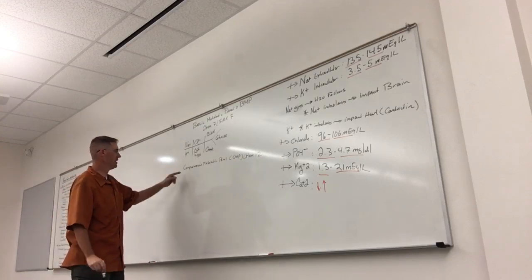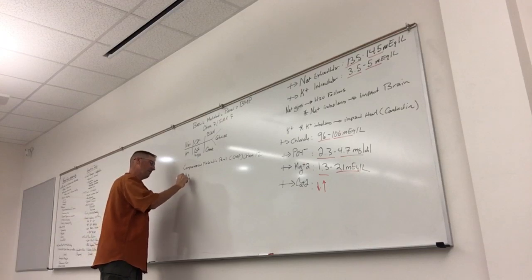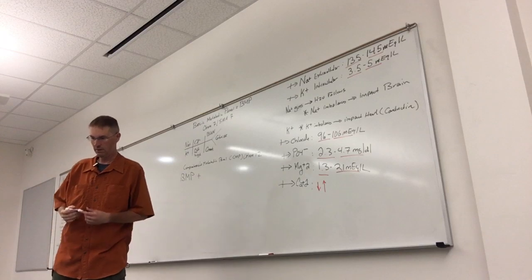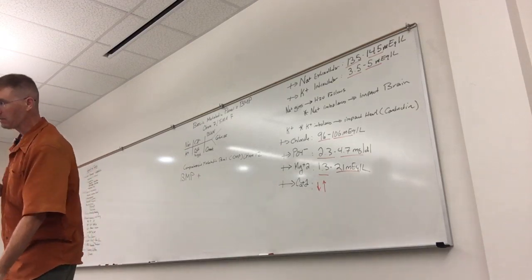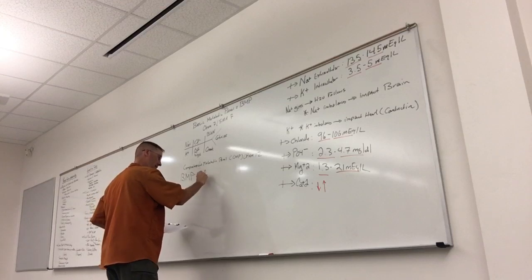So a CMP looks at the 7 things within a basic metabolic panel, so a BMP plus a few other things. And those things are the calcium,